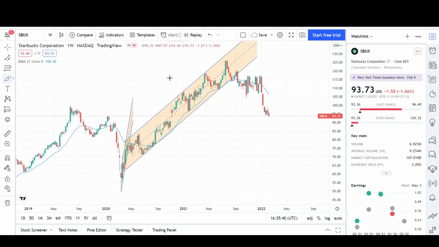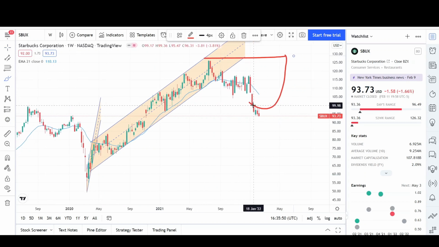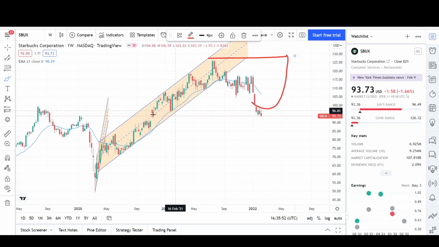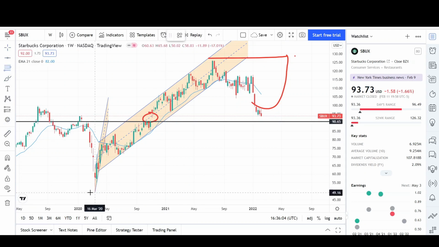So normally when we do that, we usually at least go up to retest the previous high, or the low if we're in a downtrend. So we haven't done that yet. So that's still a reason to be bullish. We are selling off. I think we're just going to come back to fill in this gap right here at the $90 level. We may even tick down to the $88 level, because this Fibonacci retracement right at the 50%